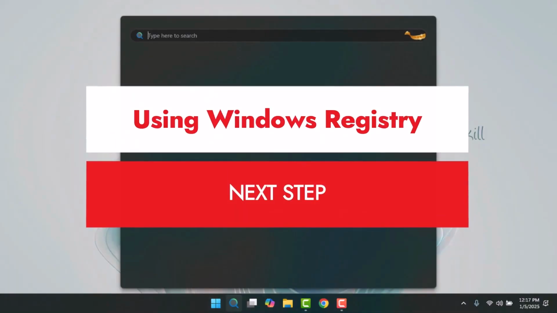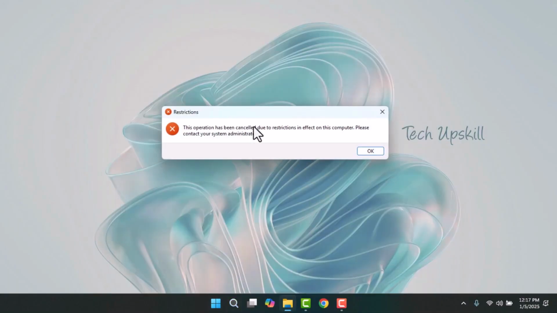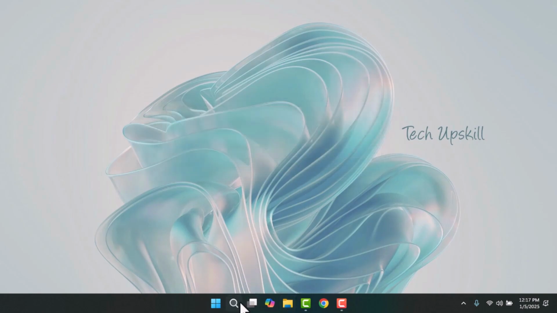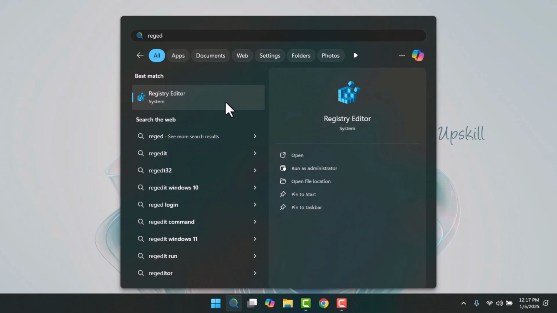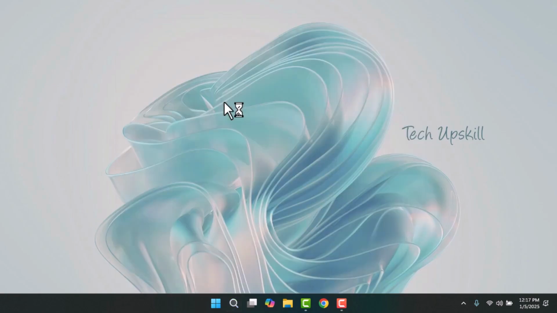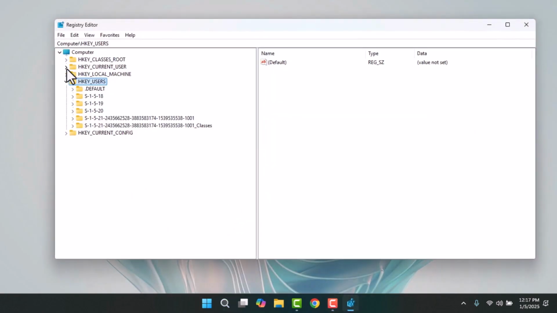If you have Windows Home and do not have access to the Group Policy Editor tool, you can make changes through the Windows Registry. First, open the Start menu, type regedit, and run it as Administrator. Then, navigate to the following path, also listed in the video description: